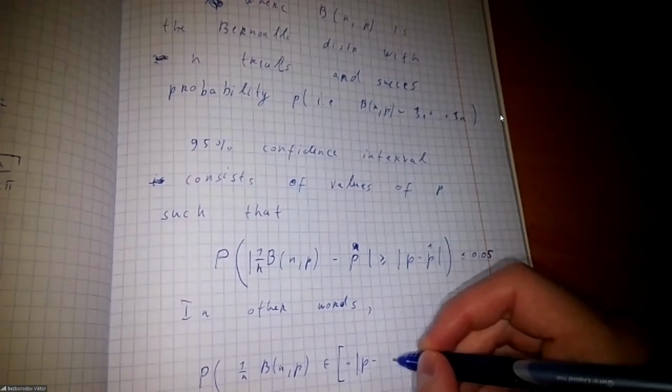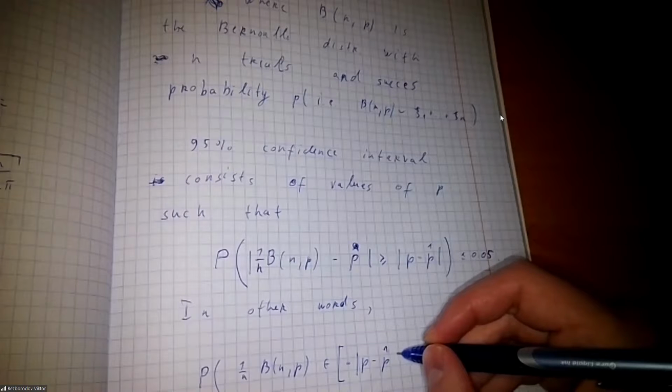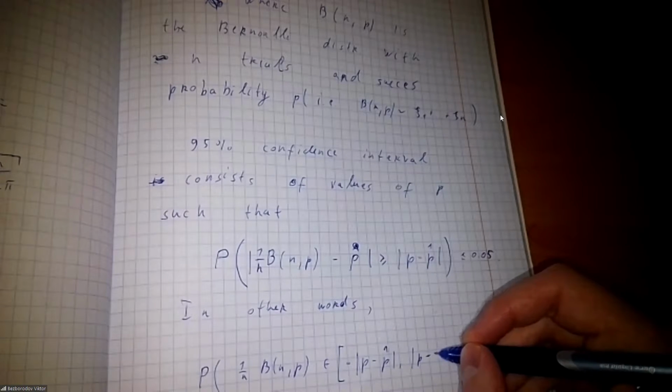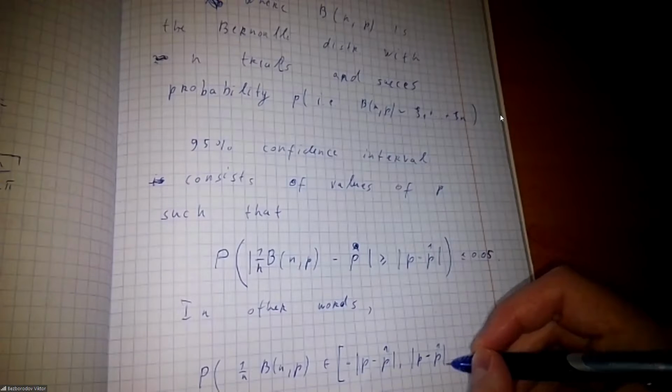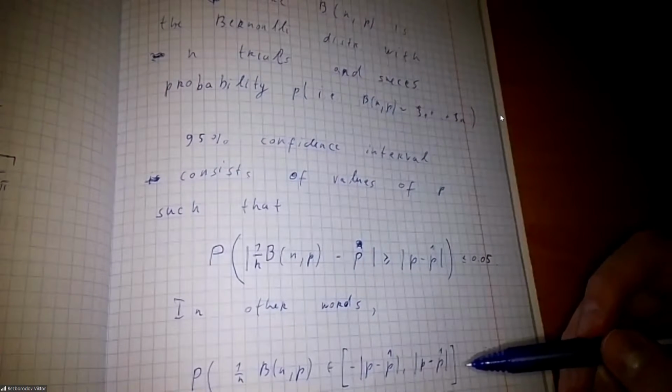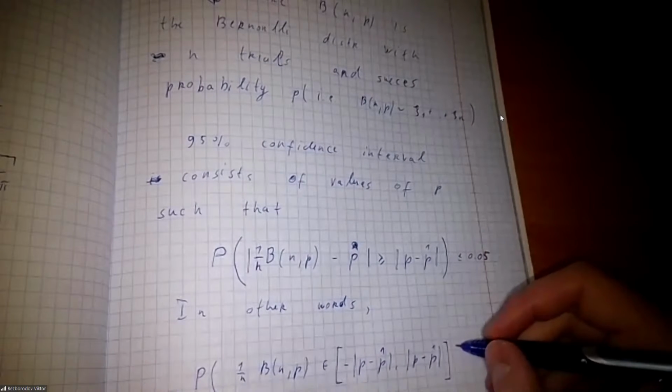Because we don't know whether p is greater than our estimate or smaller, I take the differences and then I take the absolute value. So I have this interval, right? And so this probability